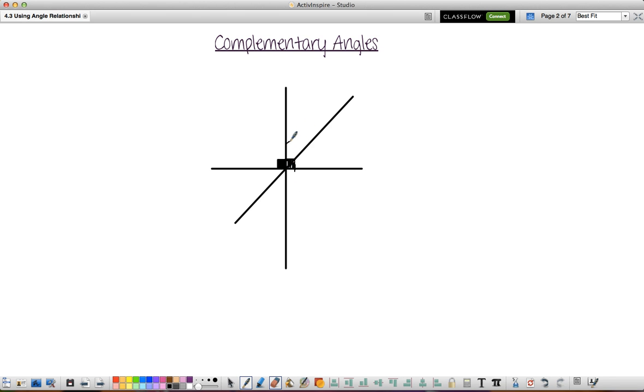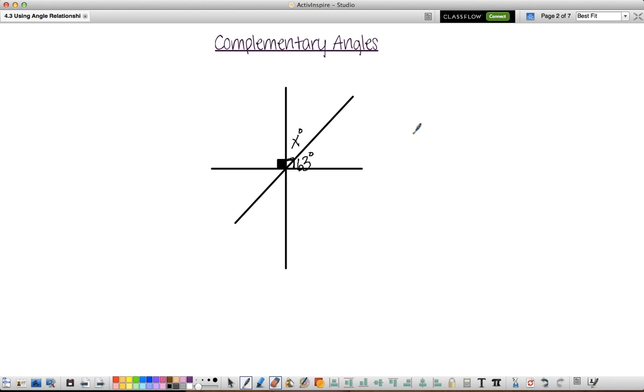But the thing is, we have this line here that intersects it and makes two different angles within there. Well, if I don't know either of these angles, and I don't have any other information besides this, I don't have a way of figuring out my missing angle. So I'm going to give you that this angle is 63 degrees. Well, since that angle is 63 degrees, and we know that the two angles together have to give us 90 because we know that these are perpendicular lines, then I know that